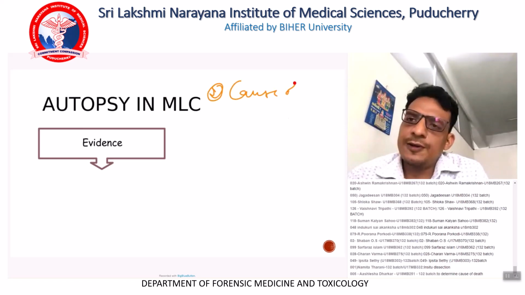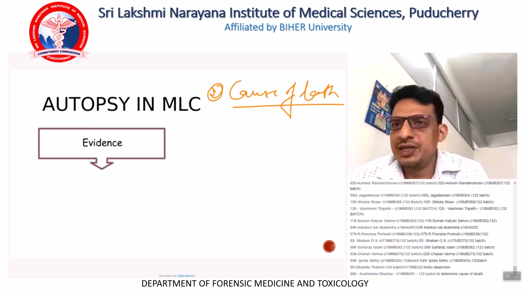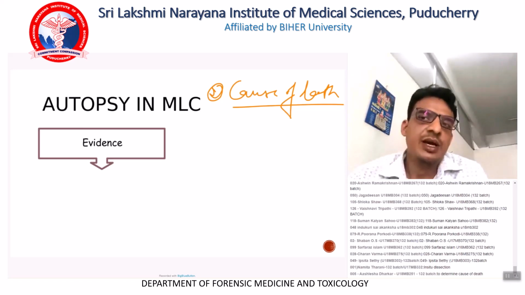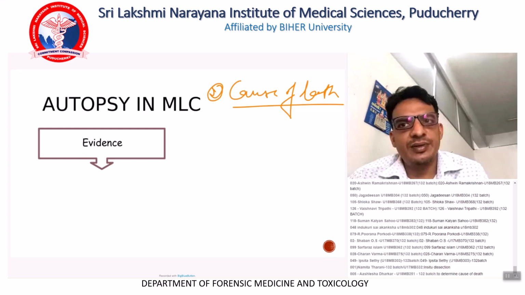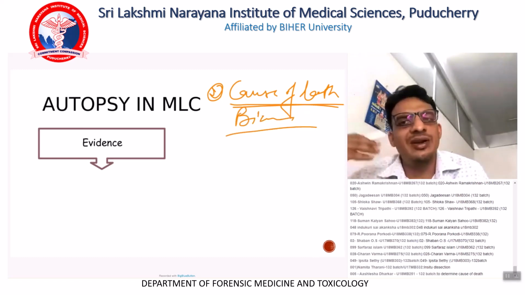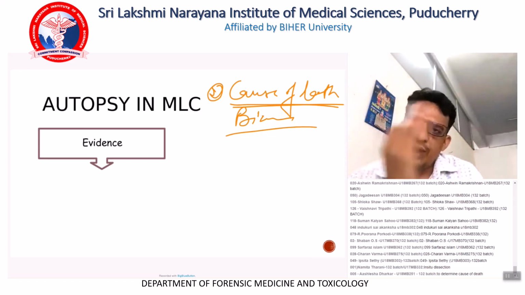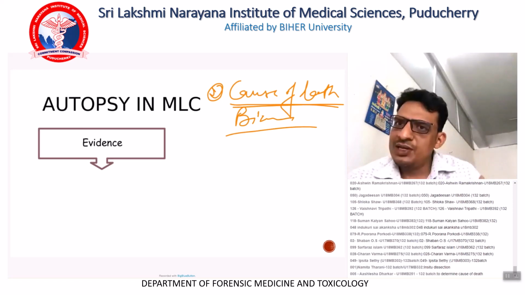To find the cause of death, looking at different organ states, we will see externally if there is any pathological site or injury present. Internally we will see if there is any evidence of trauma or any disease state. If nothing is found, then we can go for biochemical and toxicological analysis also. We can go for microbiological, virological, fungal and biochemistry examination. We can take chemical examination; everything we can take into consideration while doing a medical legal autopsy.